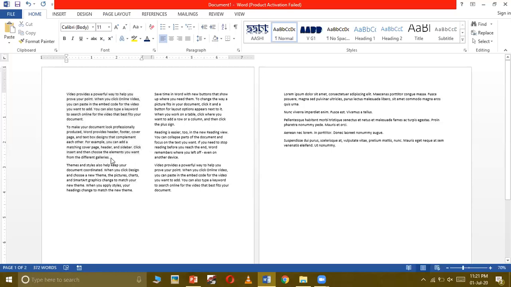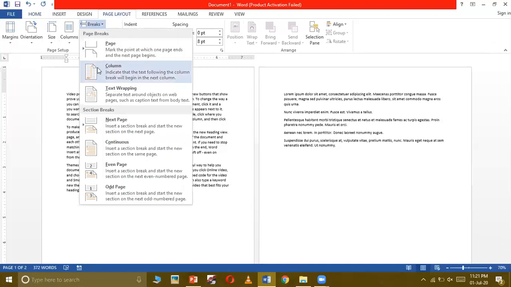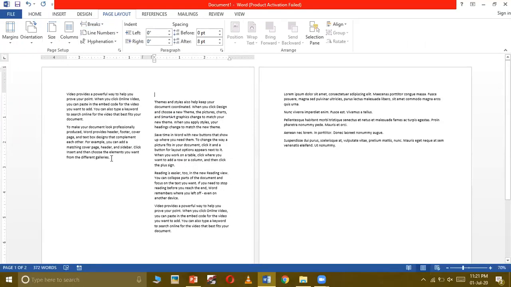So column break also works same as the page break. Only the difference is that instead of ending a page at a particular point, the column break is used for ending a column at that particular point. So wherever your typing cursor will be at that point, the column will be ended. So bring the typing cursor at that point where you want to end the column. Go in the page layout tab, click on the breaks option, and then select column here. Instead of page, select the column break option here. Click on that, and you can see the column has been ended after the second paragraph, and the third paragraph has been moved to the second column.